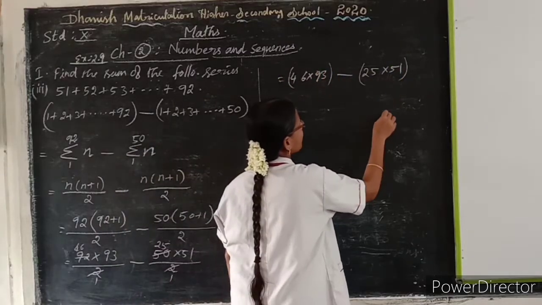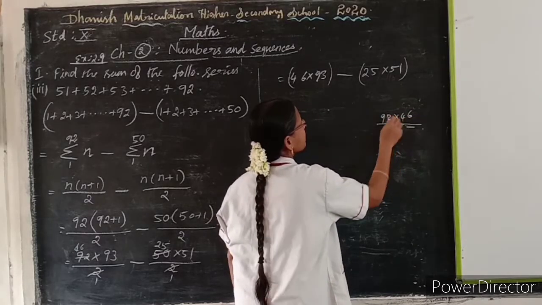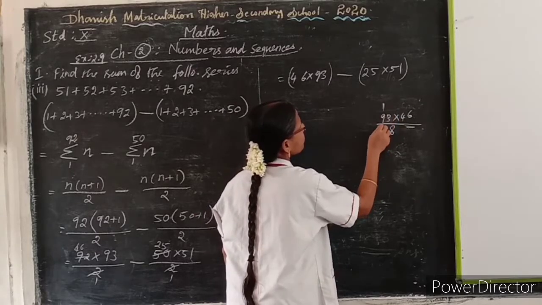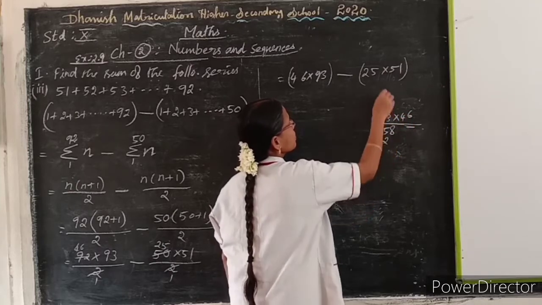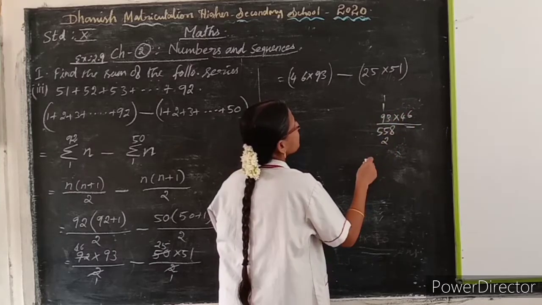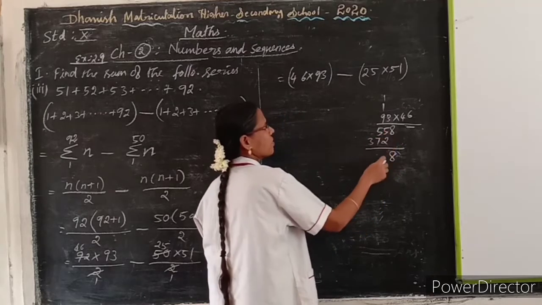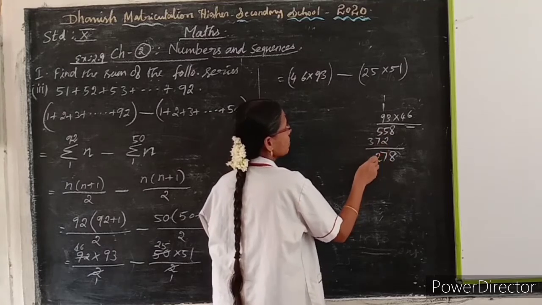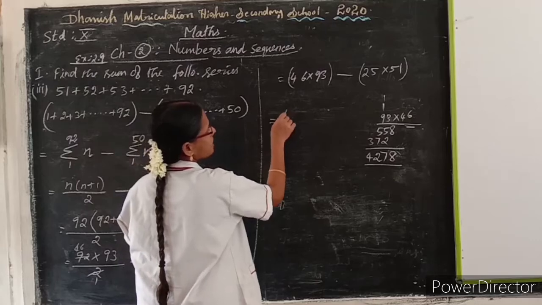Multiply 93 into 46. 6 3s are 18, 6 9s are 54, 54 plus 1 is 55. 4 3s are 12, 4 9s are 36, 36 plus 1 is 37. 8, 5 plus 2 is 7, 12. So the first bracket answer is